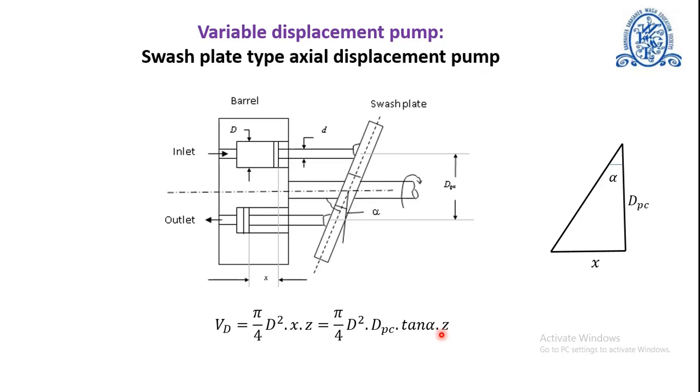Now in this particular case, if the angle of the swash plate is 0 degrees, that is, when the swash plate is in vertical position, then no displacement will occur since tan 0 is equal to 0. As there is an increase in the angle of the swash plate, the displacement will also increase. The swash plate angle can be easily controlled remotely with the help of a separate hydraulic cylinder. Since the parameter alpha can be varied in case of the axial piston pump, it is a variable displacement pump. However, the maximum swash plate angle is usually limited to 17.5 degrees.